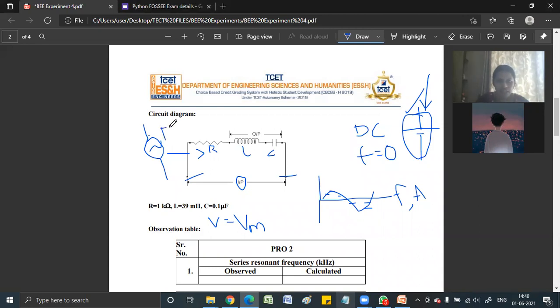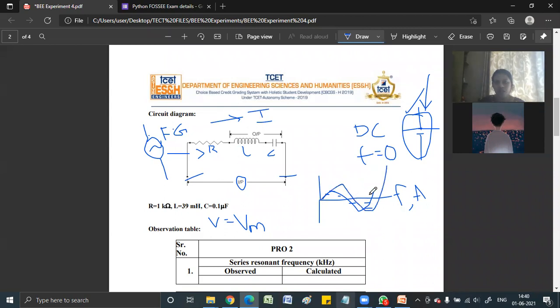Okay, remember these terms. Since it's the pandemic, you're not able to see the function generator, but you should be able to understand. While you apply an AC signal, you apply it to a device called a function generator. When you apply an AC signal, you have some current flowing in the circuit and some voltage developed across the components. Those signals are also AC in nature, because the input signal is in AC form.